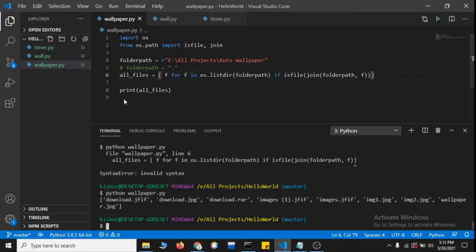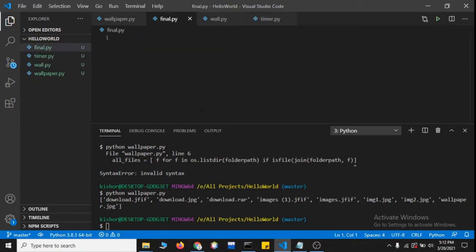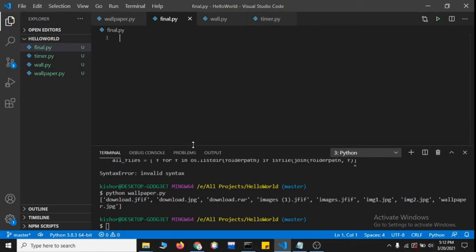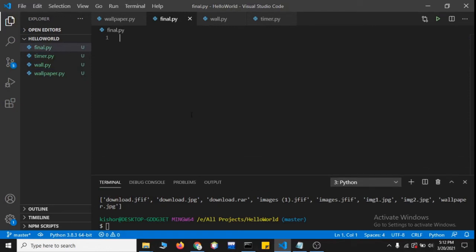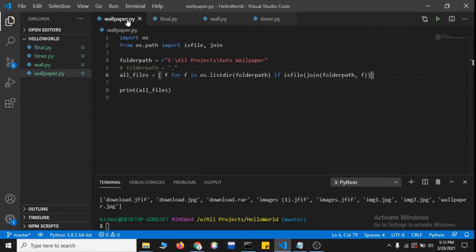Okay, so without any further ado, let's start with the final one. We'll create one file, final.py. In that, we are going to list all the files in the directory. We'll simply copy it over here and paste it in final.py.